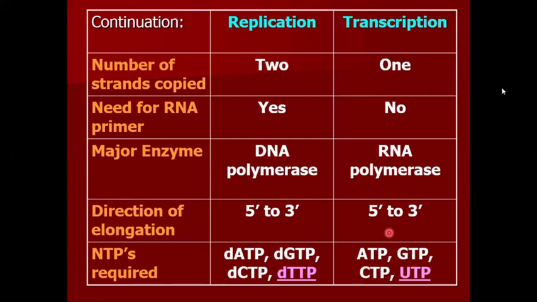Another similarity is that the direction of elongation of the daughter DNA and of the RNA transcript is from 5' to 3' direction. The difference in the nucleoside triphosphates required is that in replication, you need